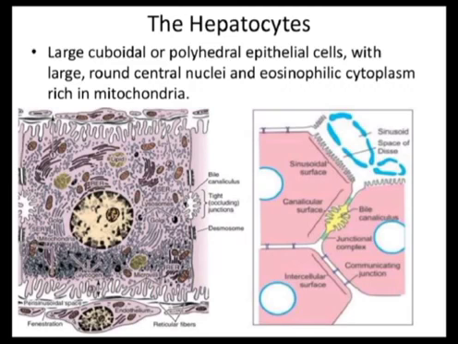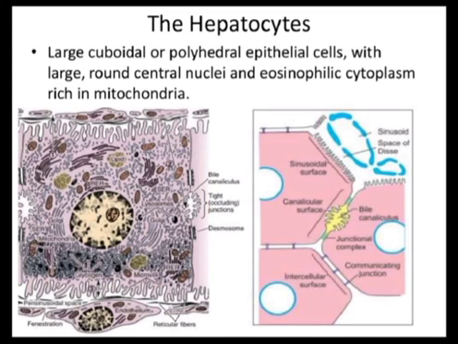On each side of the canaliculus, the liver cells are firmly bound to each other by tight junctions. These junctions isolate the lumen of the bile canaliculus and prevent escape of bile. Bile canaliculi range from 0.5 to 1.5 micron in diameter and form a network of minute channels within the plates of the hepatocytes.